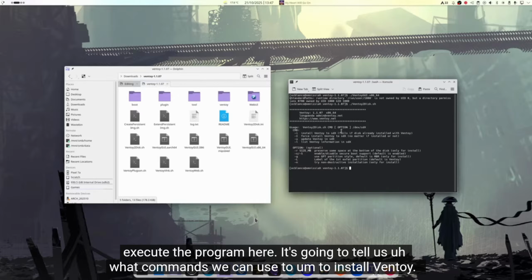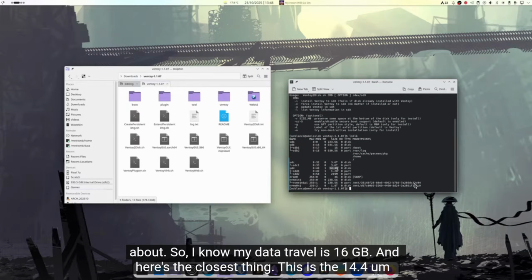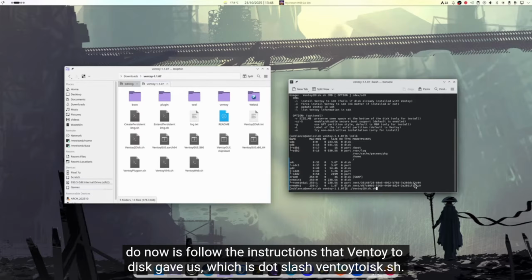This is the 14.4 usable gigabytes on that drive. So I know that the letter is sdd. So what we're going to do now is follow the instructions that Ventoy to disk gave us, which is ./VentoyToDisk.sh. But now we're going to add a command, and the command that we're going to do is